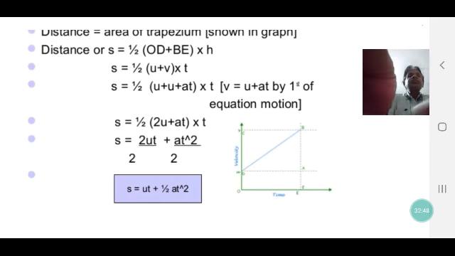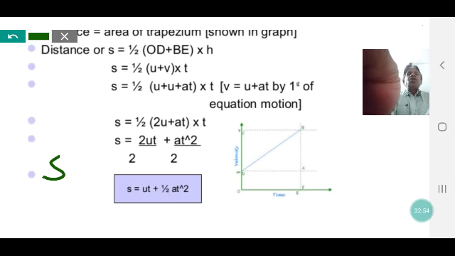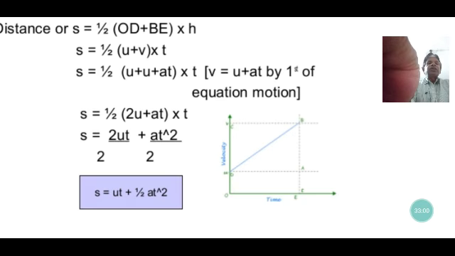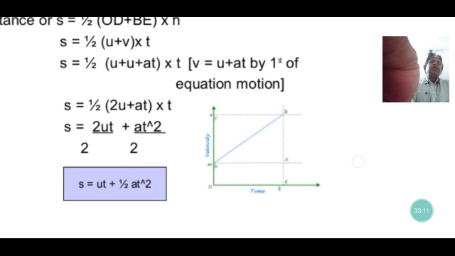Look here. As you know, S is the displacement. Now we know that this is the velocity time graph, with velocity given here, and we also know that the area under the velocity time graph gives the value of the displacement covered.